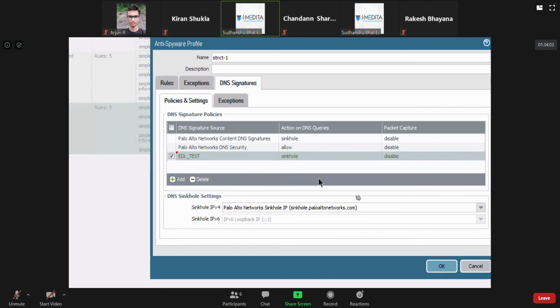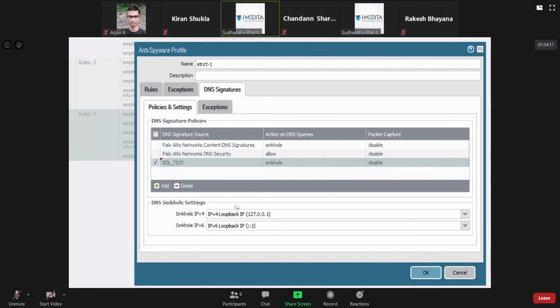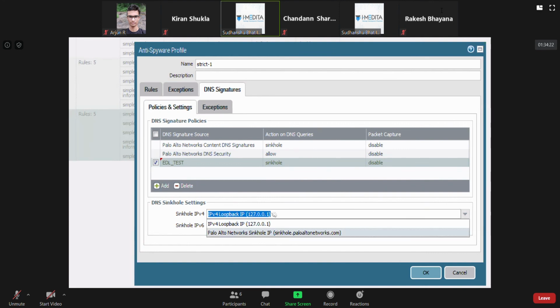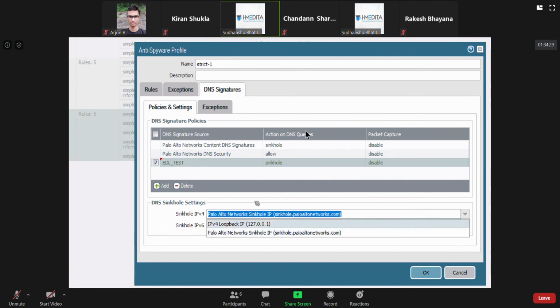Also, you can define the sinkhole IP address here. Either you can use sinkhole.paloaltonetworks.com, which resolves and finds the IP address, or you can use the loopback IP for this. In no case will the malicious URL be allowed to be accessed. Whether you select this or this doesn't matter.